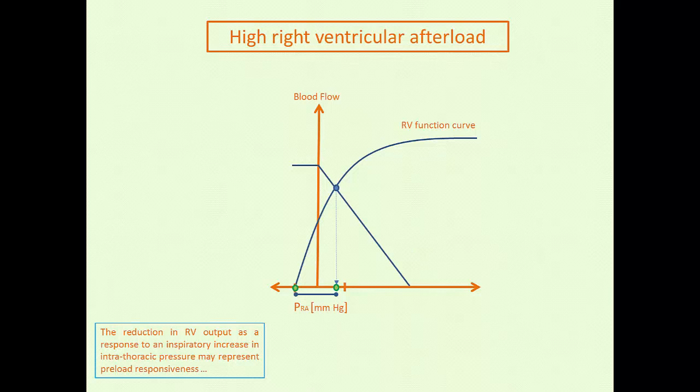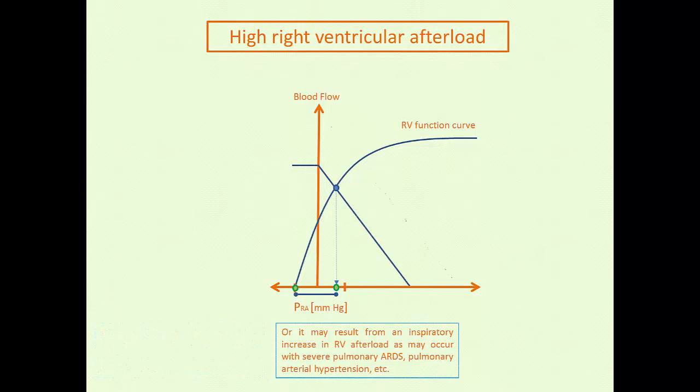So the reduction in right ventricular output as a response to an inspiratory increase in intrathoracic pressure may represent preload responsiveness, as we saw in part B of this chapter. And here it is here. So you've increased intrathoracic pressure and you've dropped your right ventricular preload and your right ventricular output. And this is a nice representation of the physiology of preload responsiveness. But imagine the patient that I just mentioned, the patient with severe pulmonary compliance or pulmonary arterial hypertension, patients who are going to be sensitive to increases in right ventricular afterload, and you give that patient a positive pressure breath,